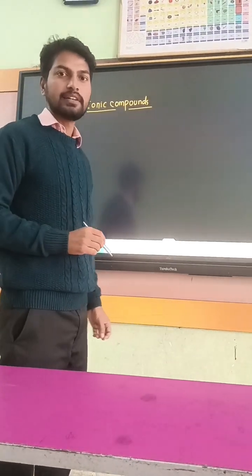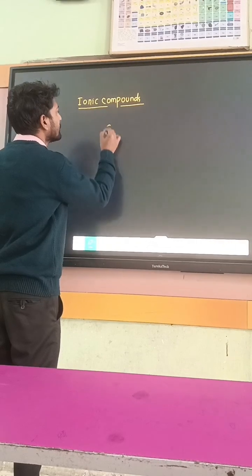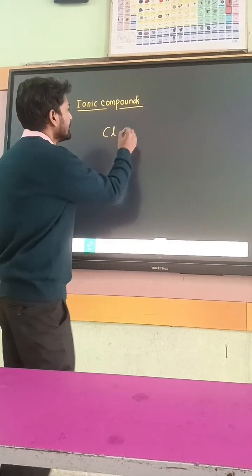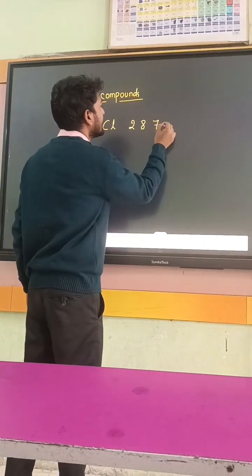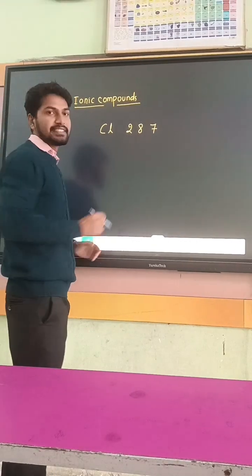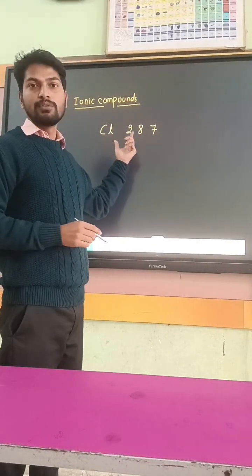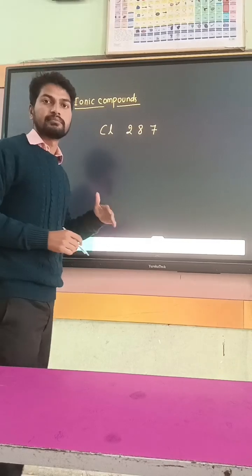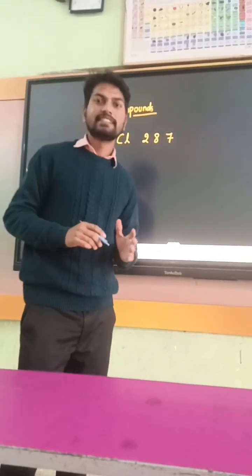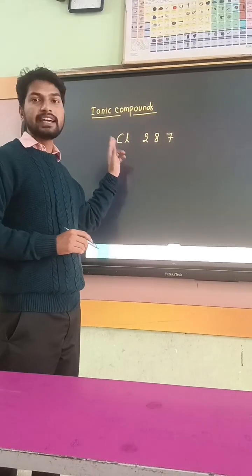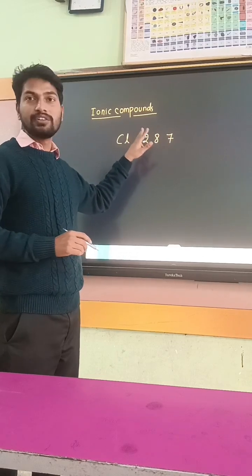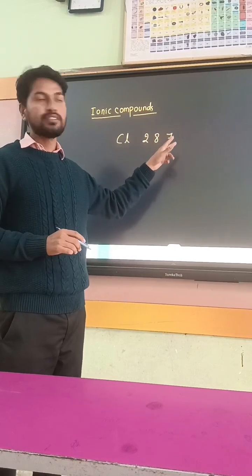Take another example of an ion, that is chlorine. Chlorine has an electronic configuration 2, 8, 7. That means there are 7 electrons in its outermost shell. To attain stability, chlorine needs one electron, because then it will be like argon. To attain stability, chlorine has two options. Either it will lose 7 electrons and be like neon gas, or it will gain an electron and be like